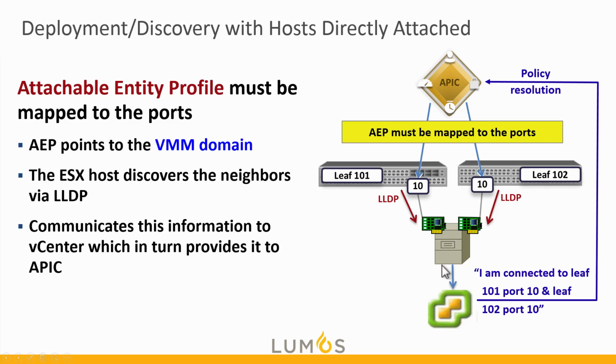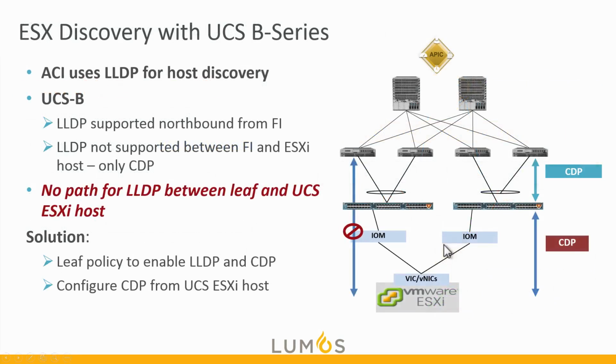And we'll talk about when that's going to be specific or important. And then the vCenter is going to tell that to the APIC. The APIC is also going to resolve that, hey, on those leaf switches, I see the ESXi host, and so we're good. So here's one of the things that we need to keep in mind if we're using discovery protocol